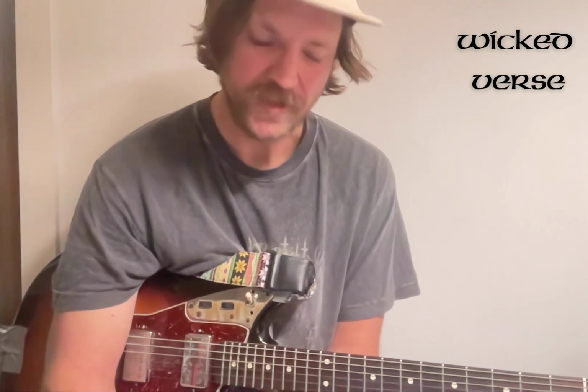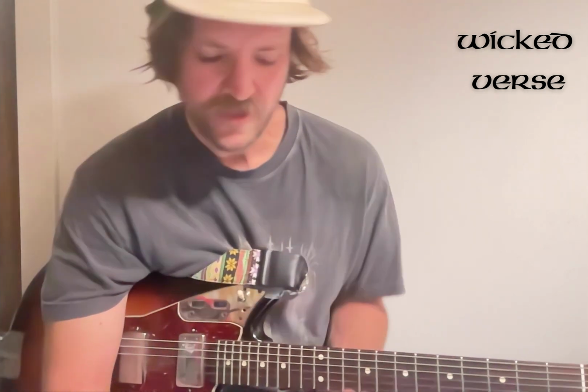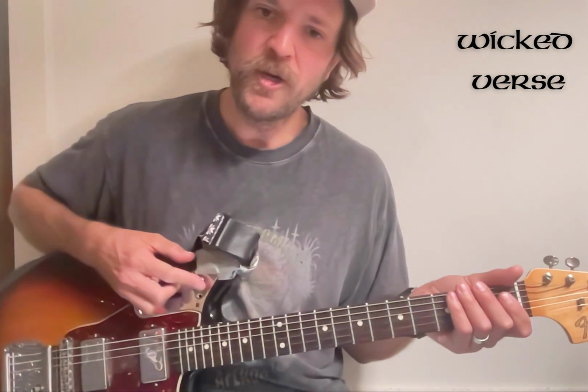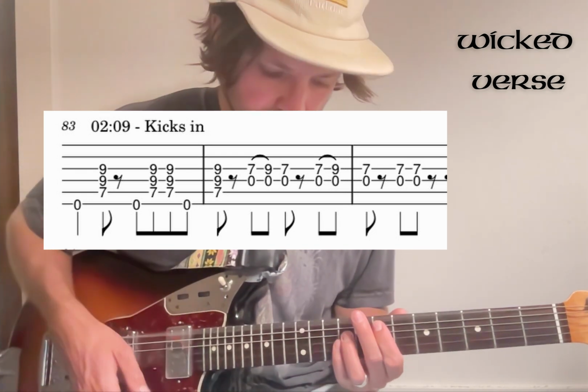So there's a few key moments in there that I think you should know about. We'll just work through it slowly, giving you the ideas of just how he sort of finishes each little section, because it's just such a wicked riff. It's also just worth noting, to get a heavier tone, it helps going to the neck pickup just to give it that beef. So the bulk of the riff's based around that 7 power chord on the A string,